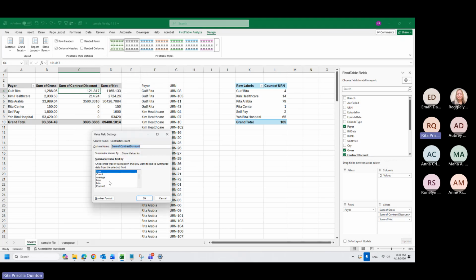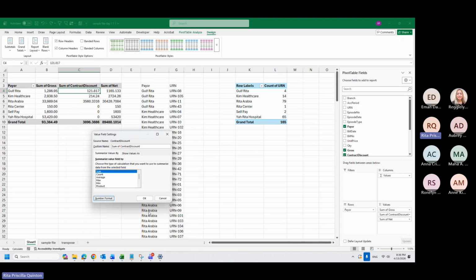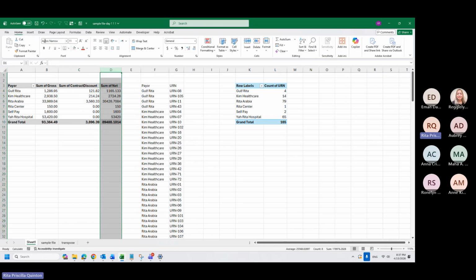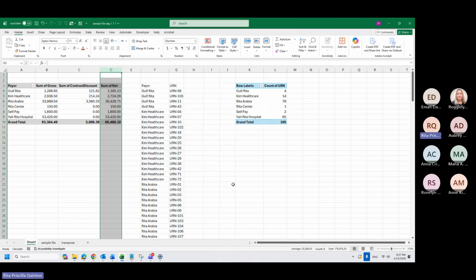Value field settings, number format, number. Okay, press OK. Okay, then it will be applicable here. You can also highlight it and then go here, make it a number, right? You can do this very easy.